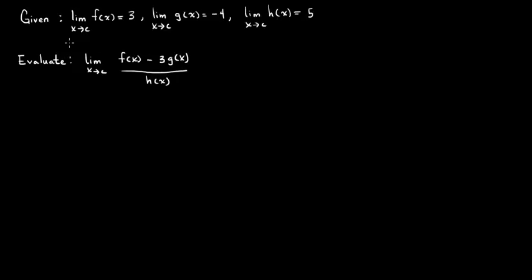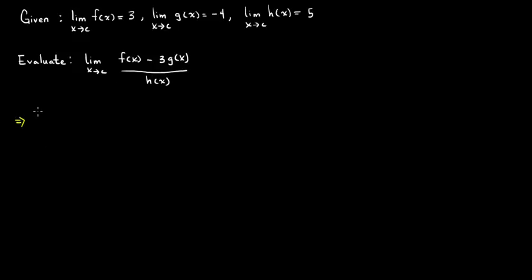What they want us to do with this information is use it to evaluate this limit right here, the limit as x approaches c of all this junk that you see there. So what we're going to do is apply the limit properties that we learned in class to help us evaluate something like this. The first thing I'm going to do is use the quotient property, which states that I can simply write the following